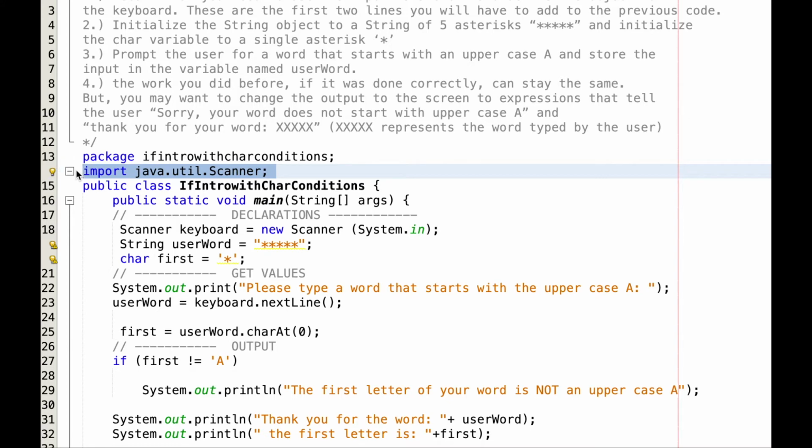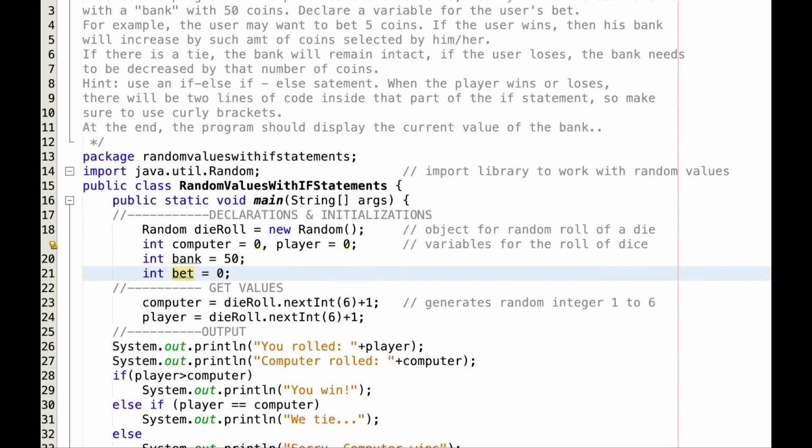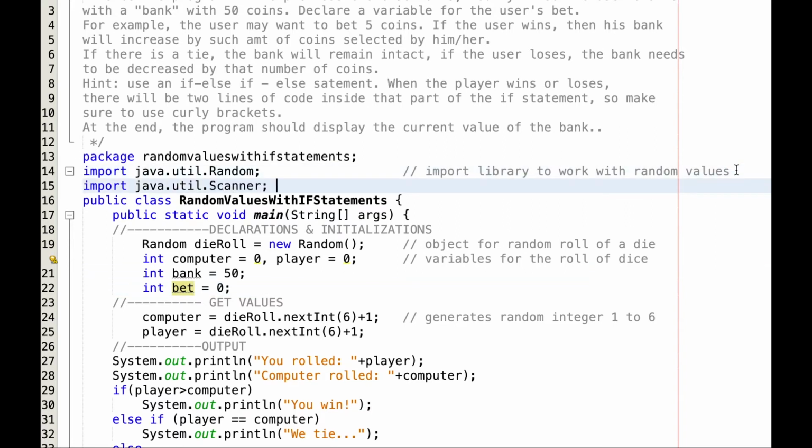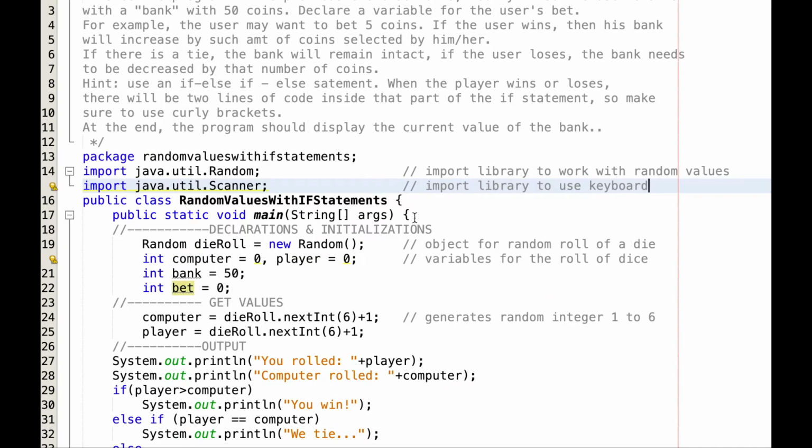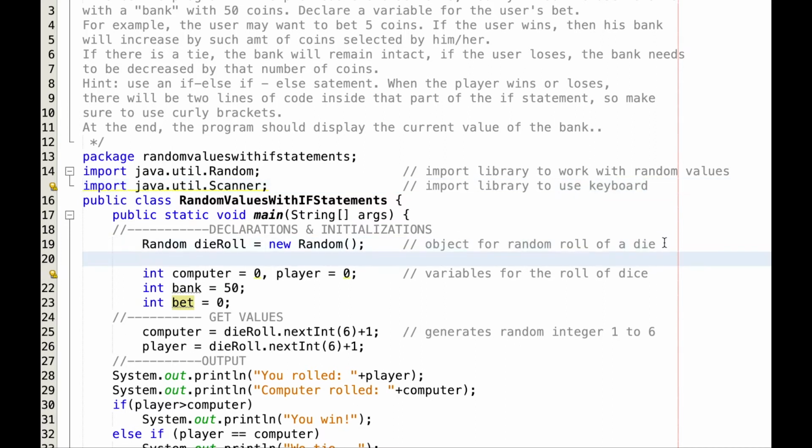So we can have multiple libraries in a program. And please remember that I mentioned do not use the asterisk to signify import all the libraries, because it defeats the purpose of why the creators of Java have the libraries. The libraries use memory, the program will be sluggish. If you import all the libraries, it is true you can do anything you want, but that's not the way the language was created. It was created so we import the libraries that we need. So we need to add an object for the keyboard,